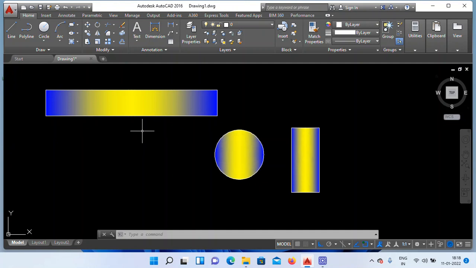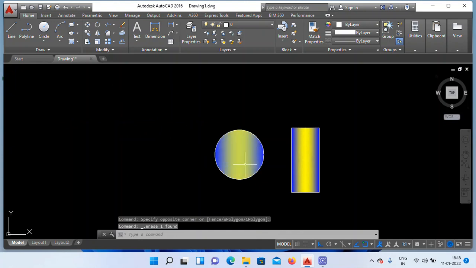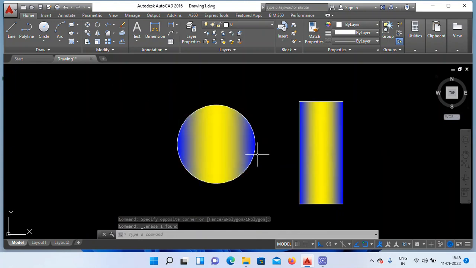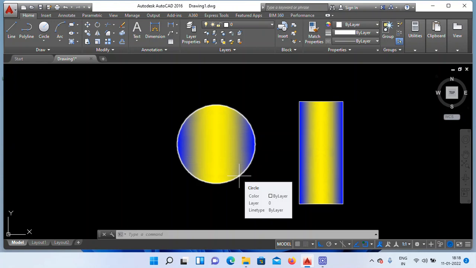Now delete these objects. No need to keep them in the drawing area. Delete. Round glass. These objects I need to store in the safe location. Open the block schedule. How to open?